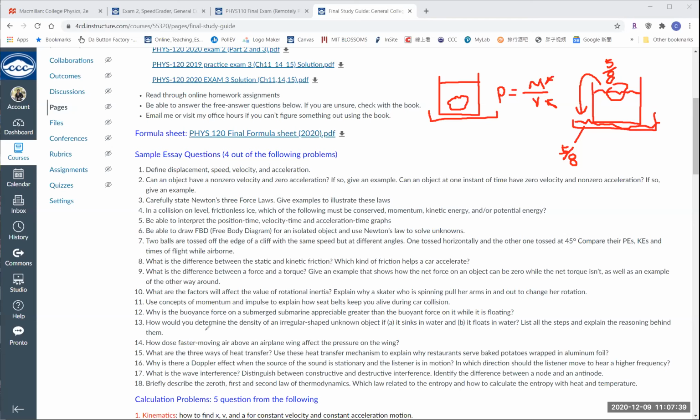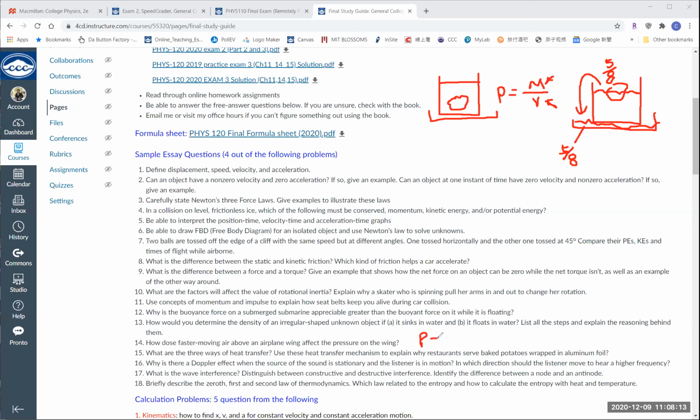Which one? Number 14, fast moving air. What is the principle that will make this create a difference of pressure? Well, that one is based on the Bernoulli equation. If you look at the Bernoulli equation, if you have a faster speed, you're going to create a different 1/2 rho v squared. So the Bernoulli equation has this form: